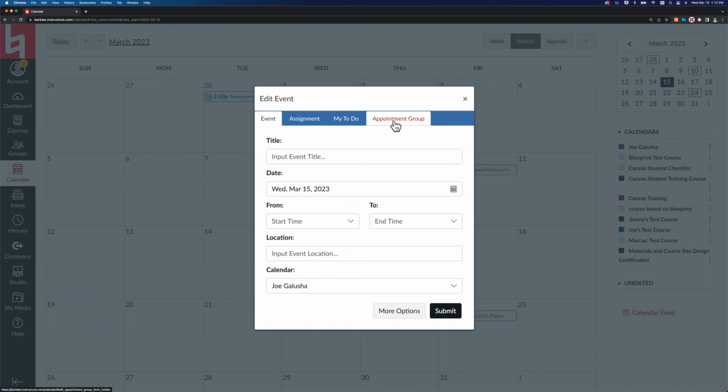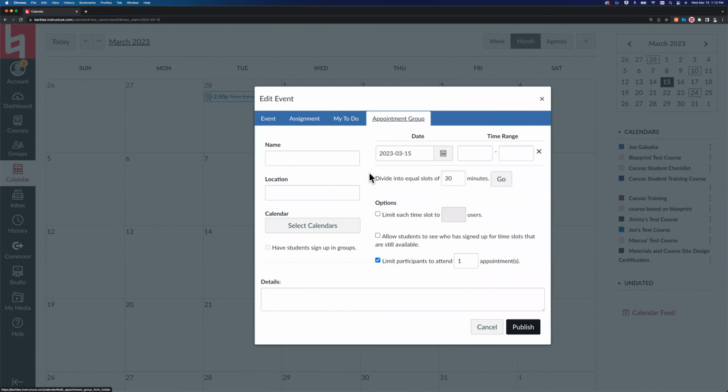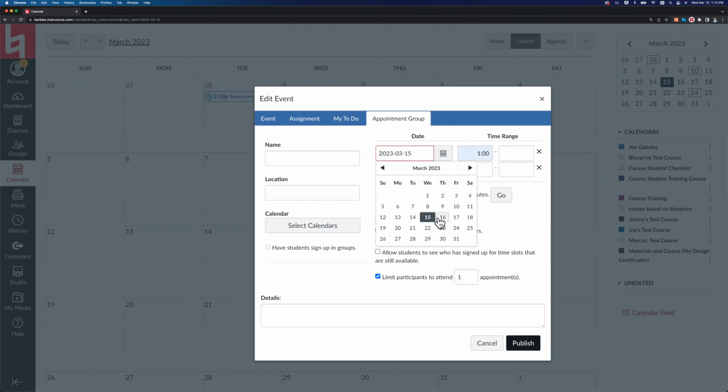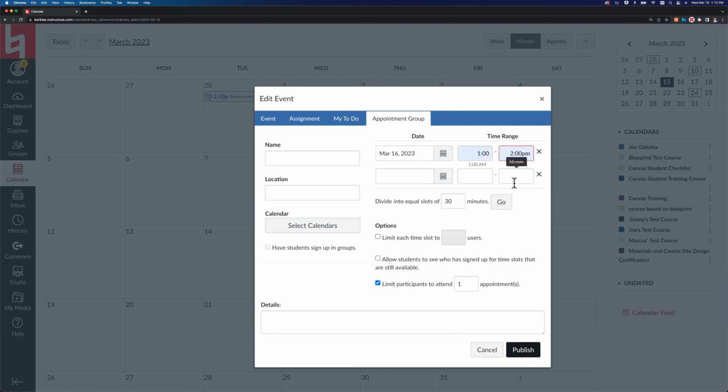The only other one I want to mention here is the appointment group event type. If you've ever used Google Calendar appointment slots, this is pretty similar to that. If you haven't, the way this works is you set up a date and time range. So let's say it's tomorrow from 1 to 2. That's a big range, 1 a.m. to 2 p.m. That's fine. And then you say within that time range on that date, and you can configure multiple dates with multiple time ranges, you want to divide that range of time into